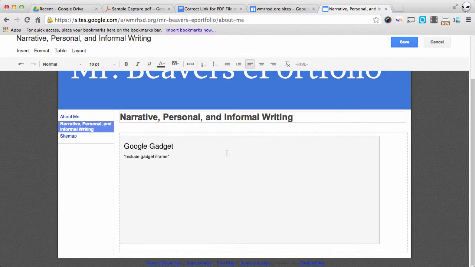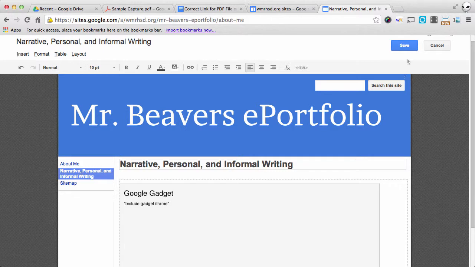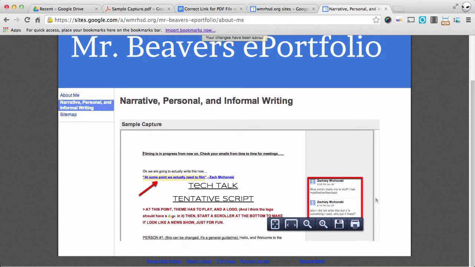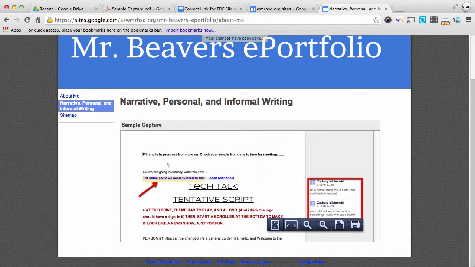Now, of course, it doesn't look like anything right now because I'm in editing mode, but as soon as I click Save, there is my screen capture, and what's nice, it's nice and clean, it's the right size,